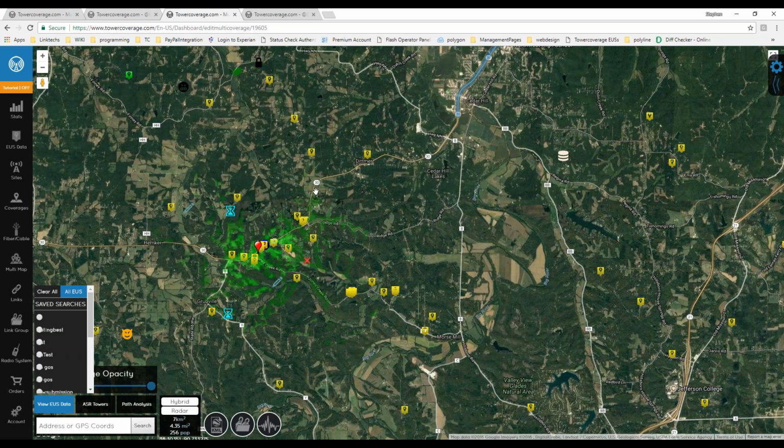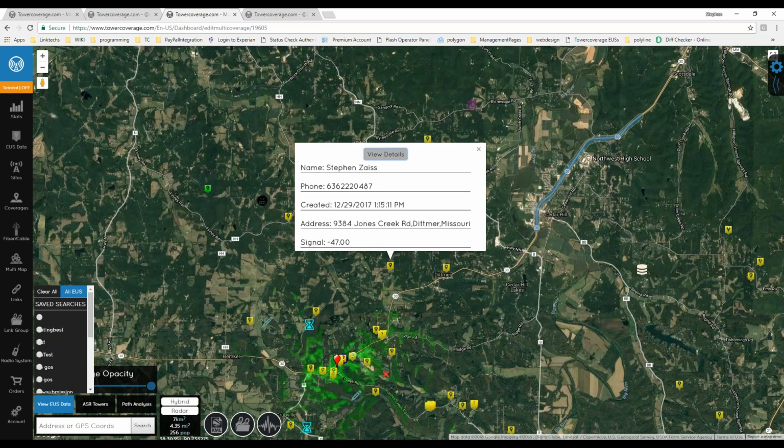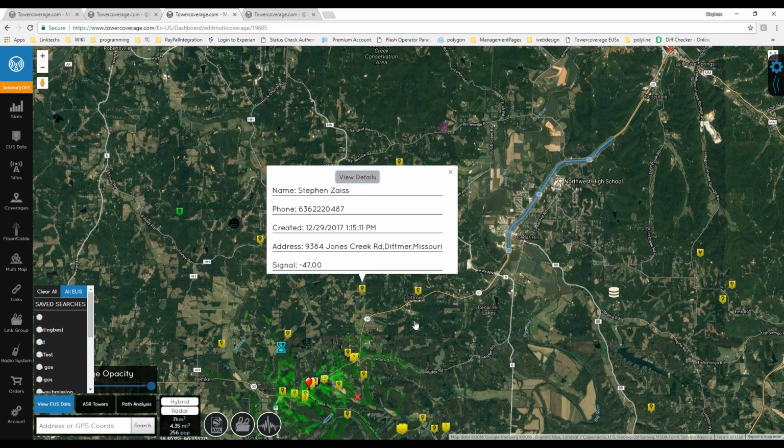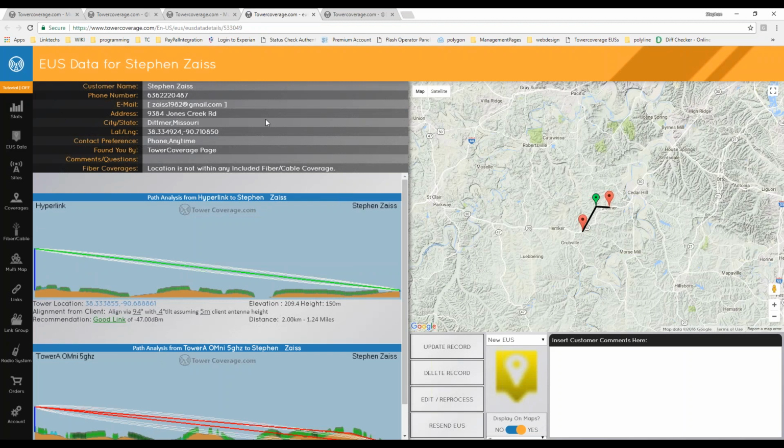collected data up to date, the only yellow pins they're going to see are the ones that came in overnight or over the weekend. That allows you to visually see it instantly without having to figure out, well, when did that one come in, and have we talked to this one yet? Your sales team can come in here, oh, there's a yellow pin, click view details, it opens it up. They can give them a call. If it's got good signal, give them a call, schedule an install, come back in here,